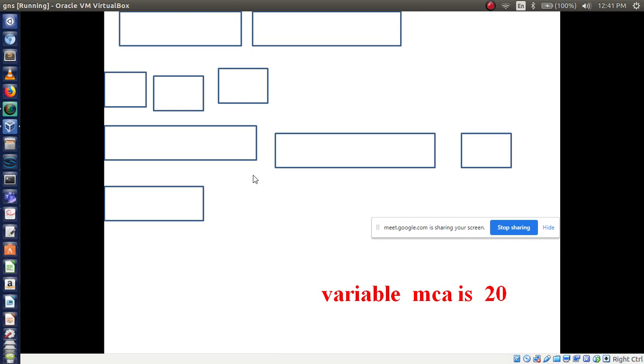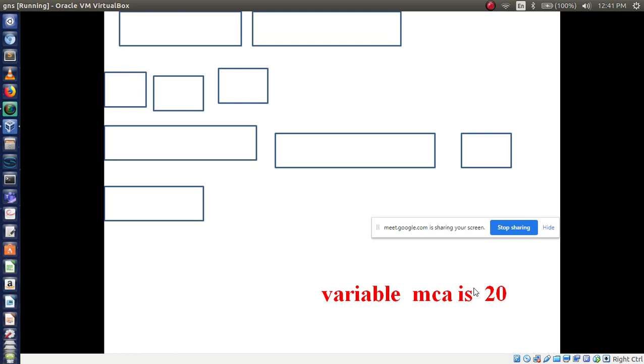Concentrate, all of you, this is very important. Once you understand this example, later examples will become very easy. Now I want to print this message, "variable MCA is 20". In which tag do I have to write the code? That is the first question.